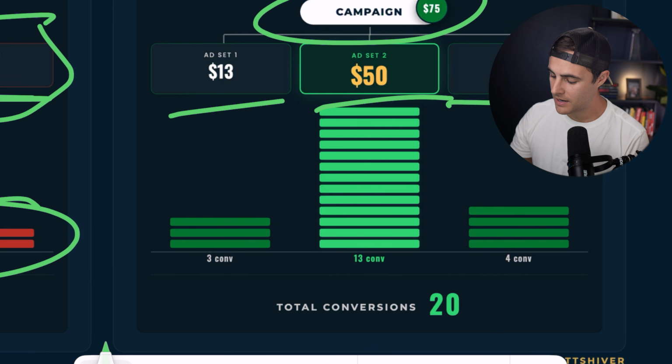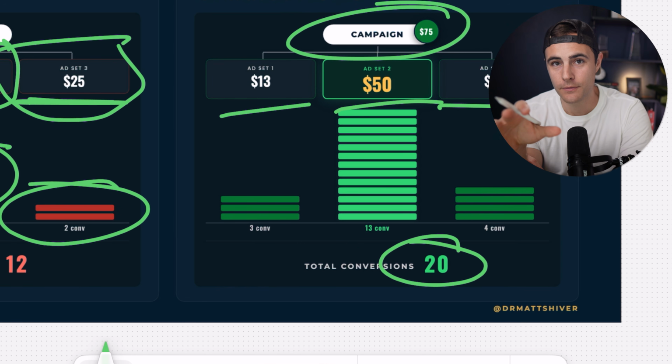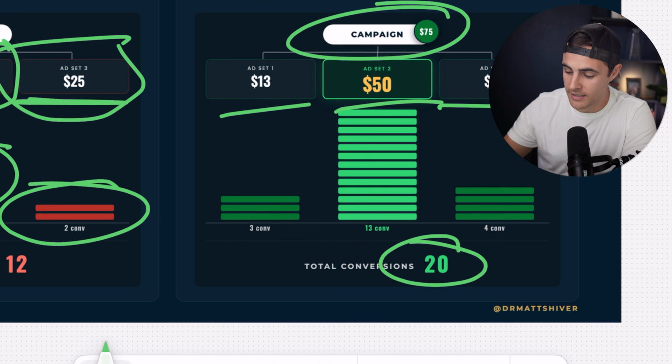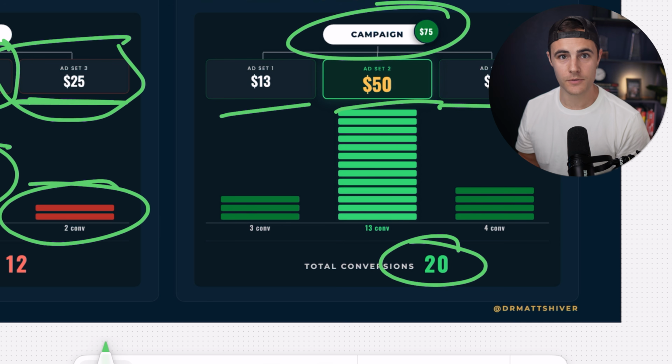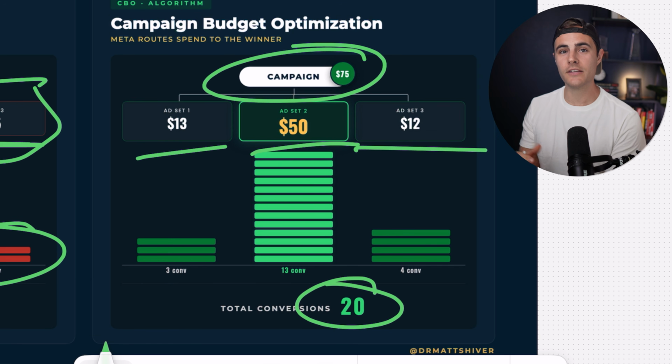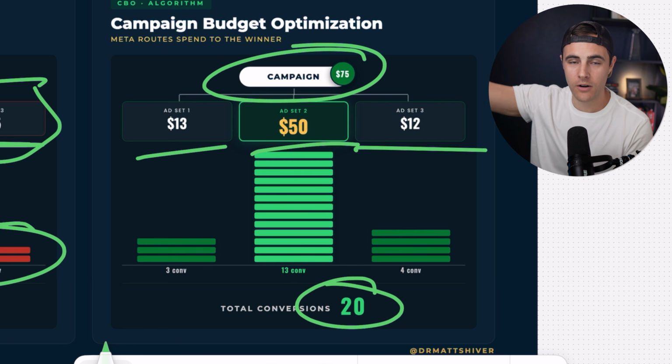Now, here's the thing, you might have gotten 20 conversions, but depending on what you're optimizing for, that might not be the best thing. Because when you select this at the ad set level, we're saying, hey Meta, I want you to give us the cheapest cost per result possible for the event that I'm selecting. So if you're selecting DMs or leads or maybe even low ticket purchases, this CBO campaign might get you the most leads, the most calls, the most low ticket sales, but that doesn't mean those people are gonna go on and buy a high ticket offer.